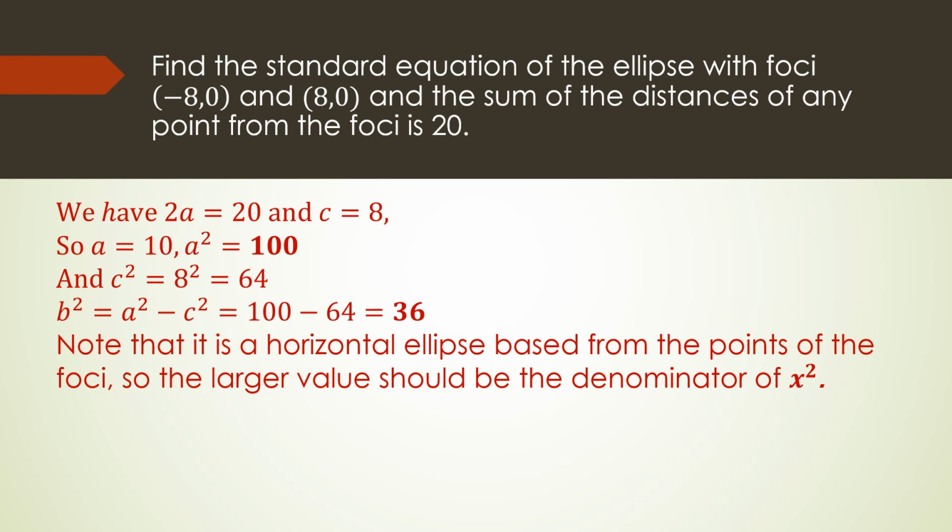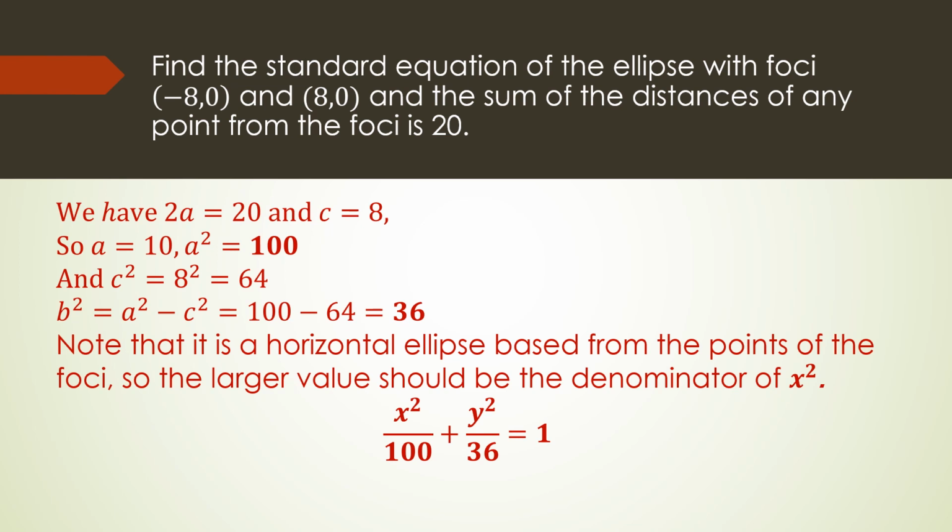So the larger value should be the denominator of x squared. Substituting all the values, the a squared and the 36, and the center at the origin, we can now write the standard equation of this ellipse,